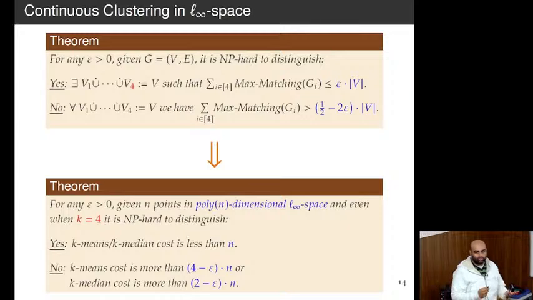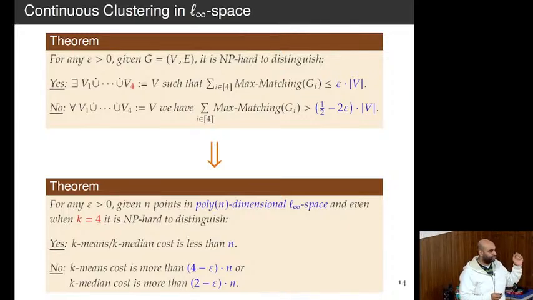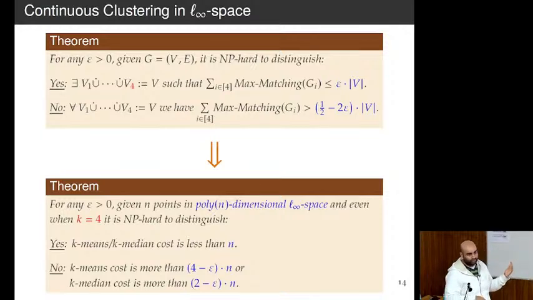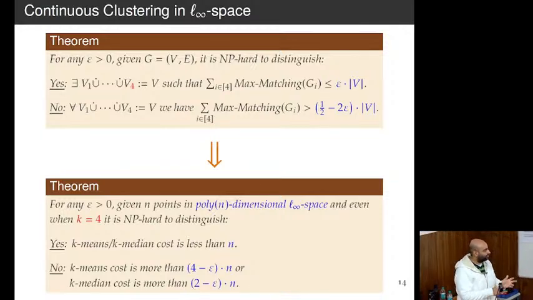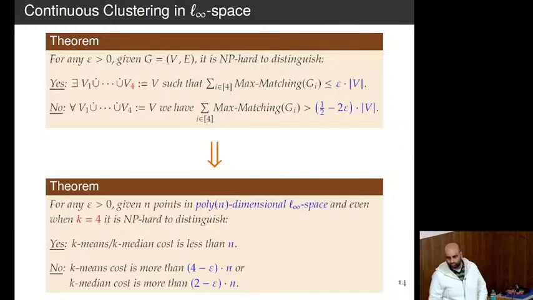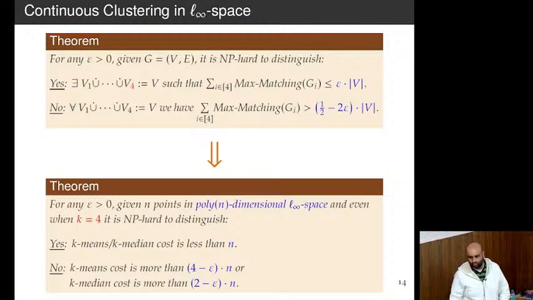Because if you're an algorithm designer, and I tell you that you have to pick centers from these input centers, you're more constrained in some sense than if you can pick centers wherever you want. And still, we proved the other thing, that the continuous hardness is likely much higher than the discrete one, because the choices are just too many if you're continuous. So that separation in the no case, that half minus 2 epsilon, sort of matters, of showing that the cost of this k-means or k-median is at least something.